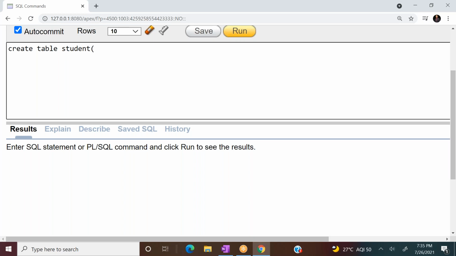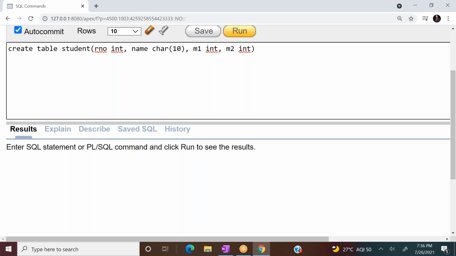I want to take roll number, which is an integer, name, which is char of 10 characters, and m1, marks 1, let us say integer, and m2, marks 2, integer, assuming marks in subject 1 and marks in subject 2.